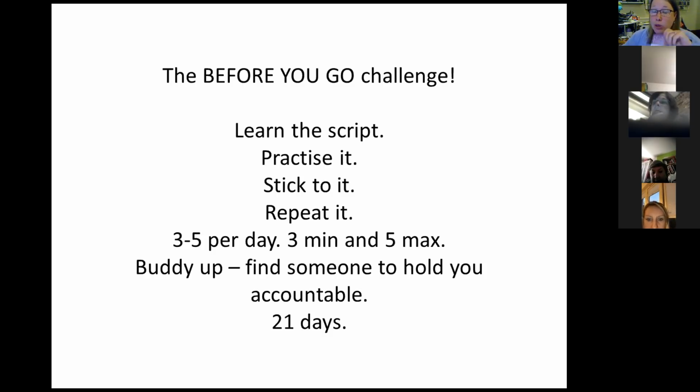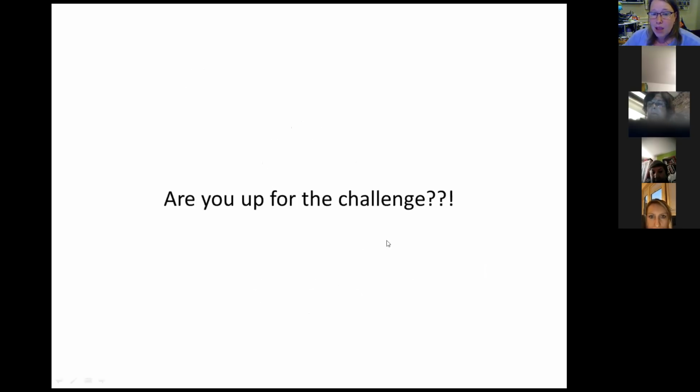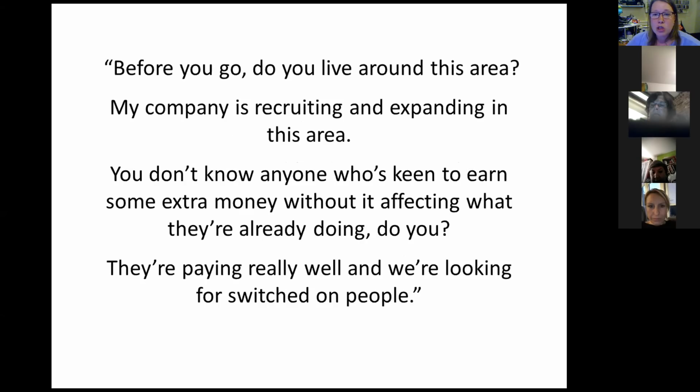It's not going to be for everybody. We know that. This business is a numbers game, and this is where this really comes into play. So that's pretty much it. Are you up for the challenge? Like I say, it's not rocket science. We want to keep it simple. We want to keep it duplicatable, and we want to create the culture.